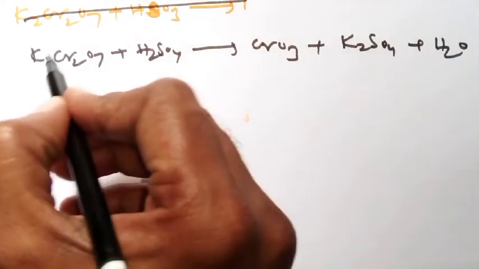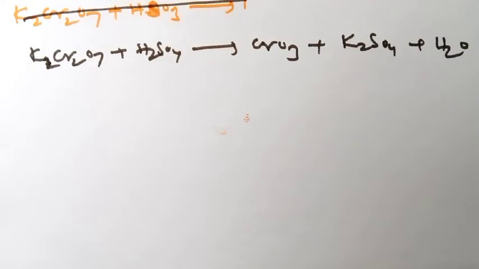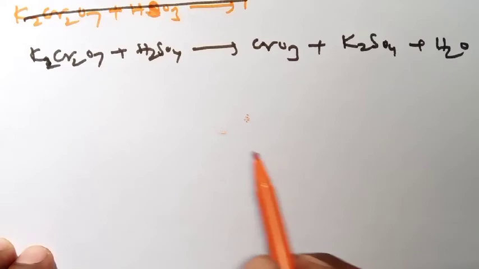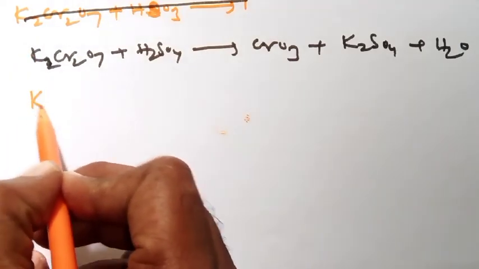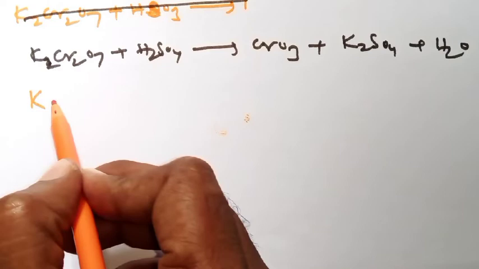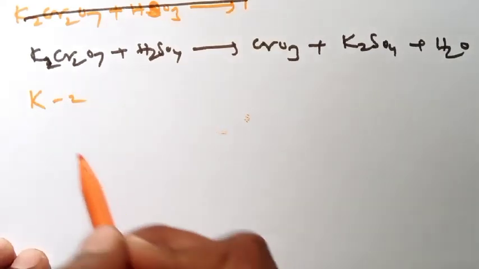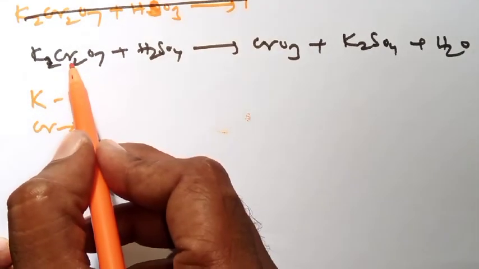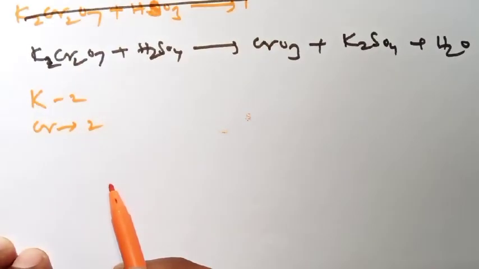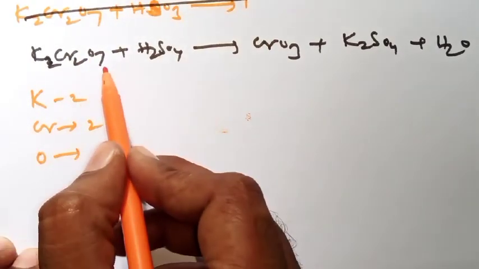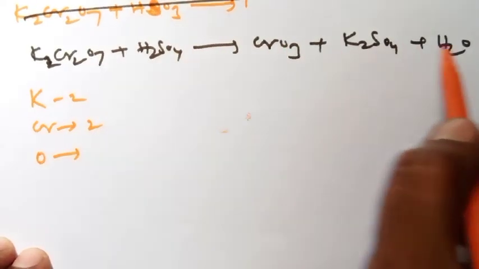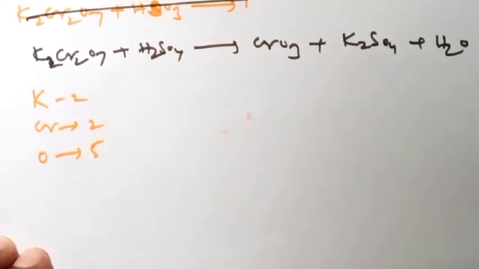Is it okay? So K2Cr2O7 plus H2SO4 gives CrO3 plus K2SO4 plus H2O. Now first, what is the first step we should follow in this F number method? First write their F numbers. That means how many times elements are repeated. First of all, what are the different elements here? Potassium. How many times is it present? 1, 2. So potassium frequency number is 2. Next, chromium. How many times? 1, 2. So chromium also 2. After that, next element, oxygen. How many times is it repeated? See there, 1, 2, 3, 4, 5. 5 places it is present. That is why the frequency of oxygen is 5.